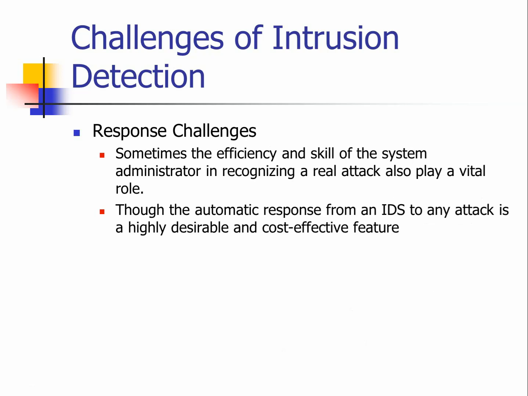So what is your response when you find there is a threat? That, of course, comes directly from the problems of the false positive. If you've been very, very strict, then when a false positive happens, you will slow down the performance. And of course, if that is really a threat, what would you do? What kind of things can you do to prevent it from continuing to come in, or block it completely?